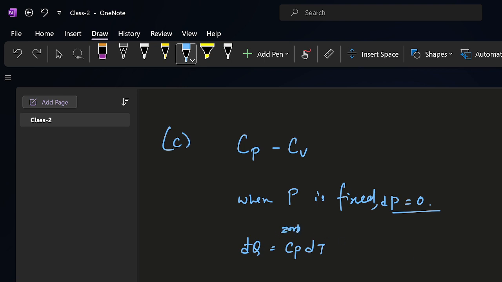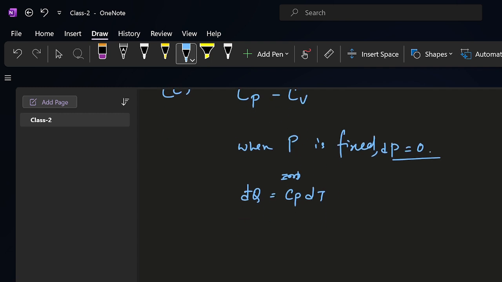But if pressure is fixed but volume is changing, the dV part does not become 0. So you get the two terms Cv dT plus P dV as the entire expression of dQ. So by equating these two, you get Cp dT equal to Cv dT plus P dV. So simply Cp minus Cv equal to P